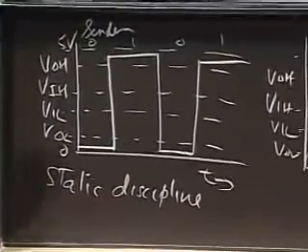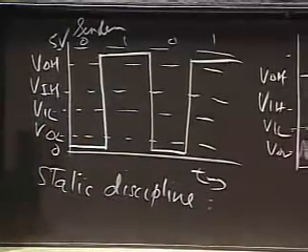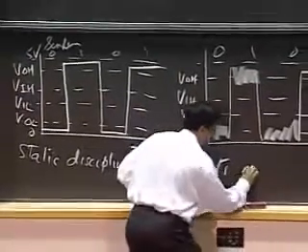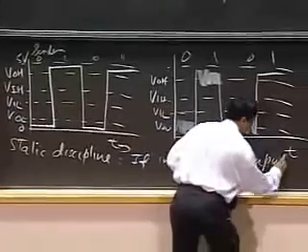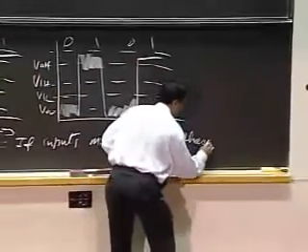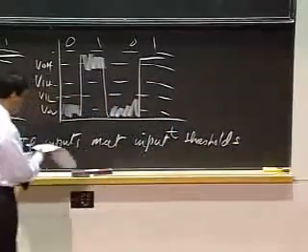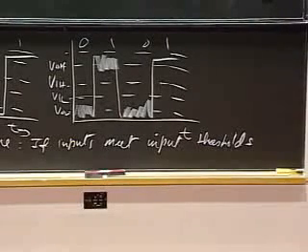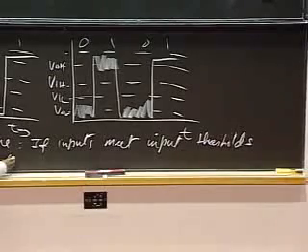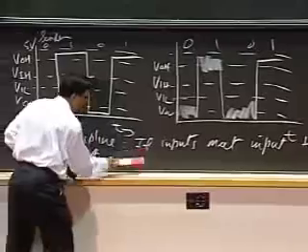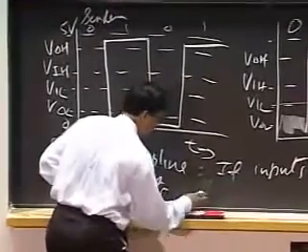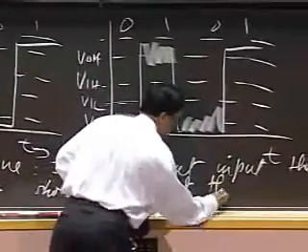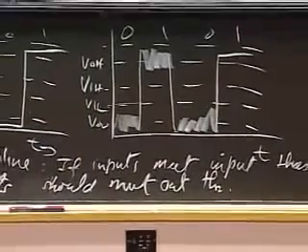The static discipline says if inputs meet input thresholds, then outputs will meet, or the digital system should ensure that the outputs meet output thresholds. So this means that if I have a system like this,